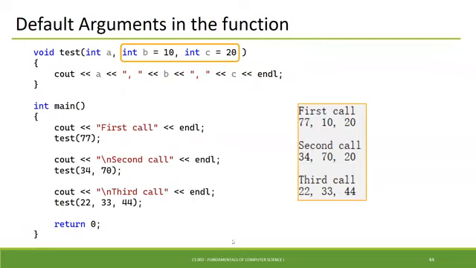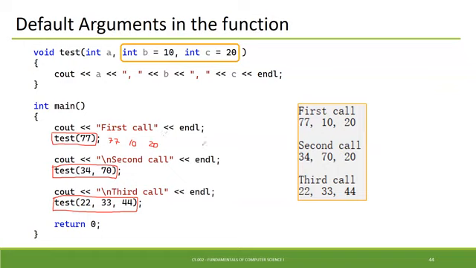Okay, let's see one more example here. Now I have three parameters for the test function, and two have default values, default arguments, right? Yes, so in this case, I can call the test by passing only one argument. I can pass two arguments, or I can pass all three arguments. So in this case, A is 77. There is no B, so B will be 10. The default arguments